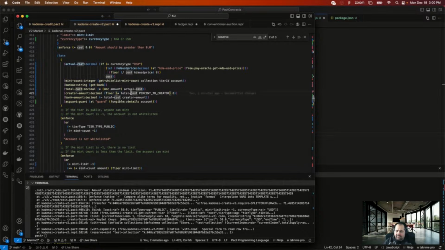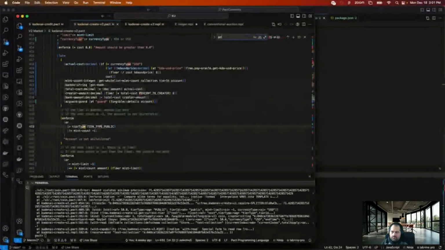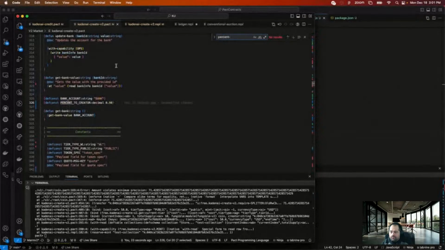I'm wondering if. Hmm. So this is going to round it down to 8 decimal spots. And this will run it the same way. What's percent to creator? I thought it was 2%. Percent. Oh, it's 98%.